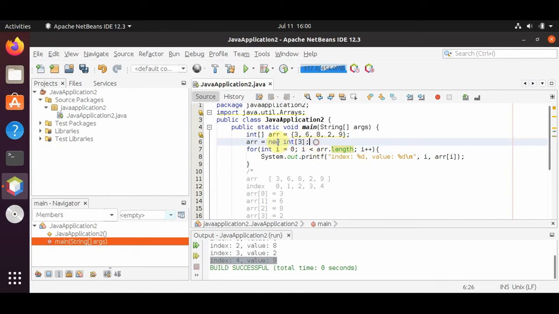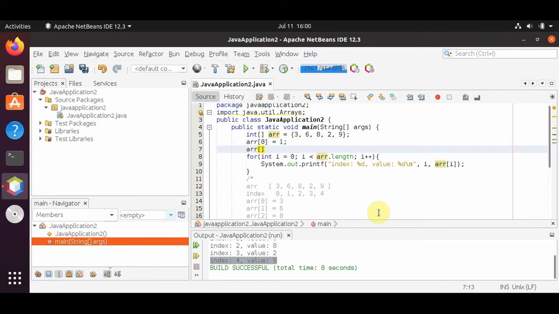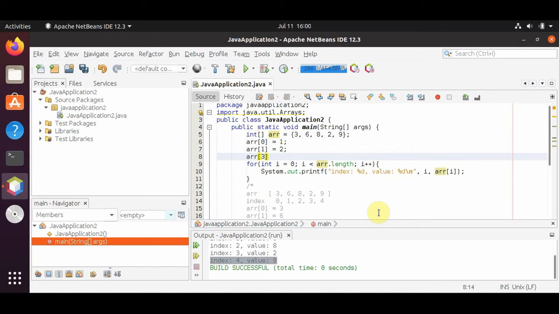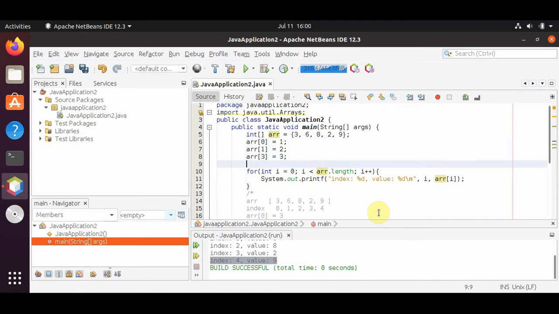If we wanted to keep the same size but change the values, then we could do array at 0 equals 1, and then maybe array at 1 equals 2, array at 3 equals 3, array at 4 equals 4. So now we've redefined array at 0 is 1, array at 1 is 2, 3, 4,